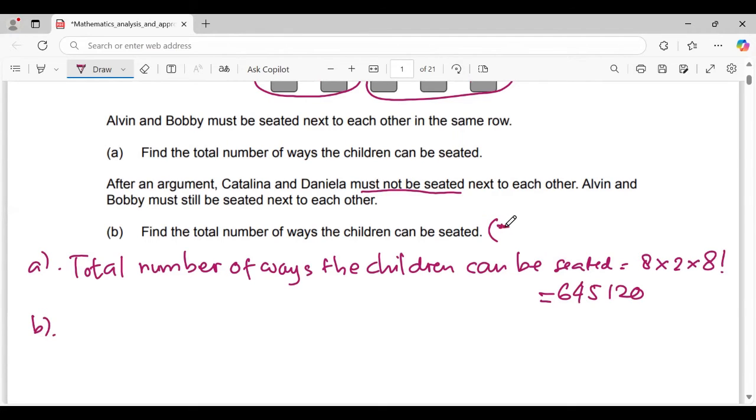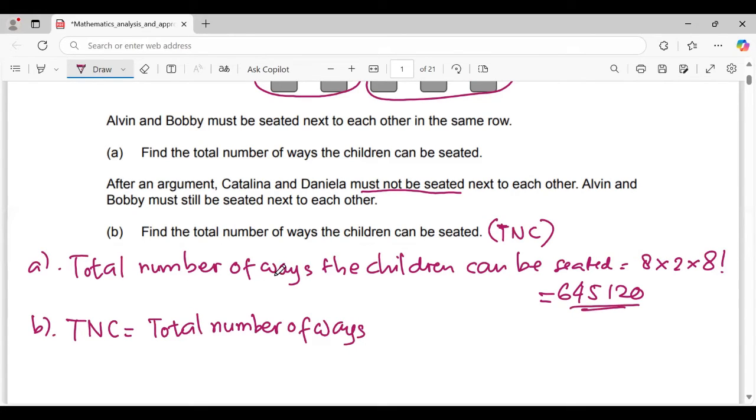The total number of children that can be seated equals the total number of ways, I mean this result, minus